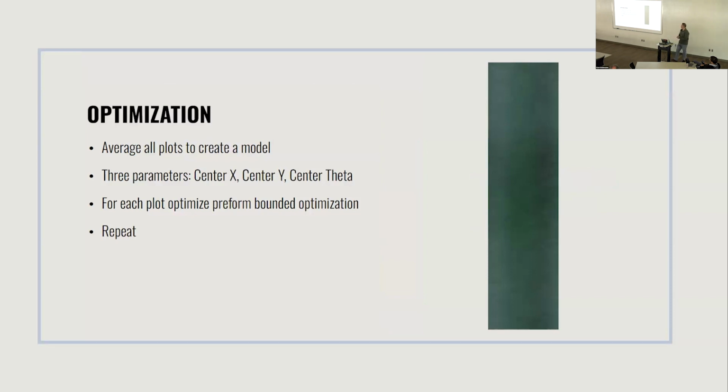So what it does is scans across every plot that we've extracted and averages the pixel values for those to create a model. So we can see here, this is a first iteration model. It's not super great, but it has kind of a faint line of green down the middle. We can then take this model and optimize the center X, the center Y, and the theta of every plot. Once we perform this over all plots in the image, we can then recompute our model and then do another round of the optimization, recompute the model. And so in this way, we're stepping toward a stable solution. And we find that this works relatively well for these nice, clean images.